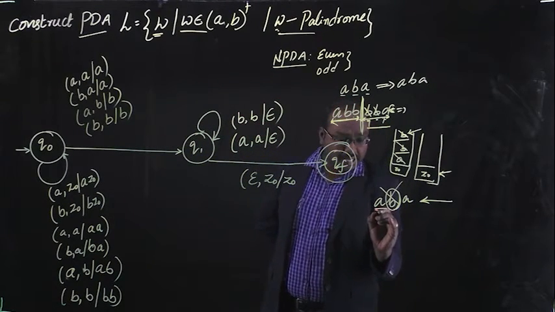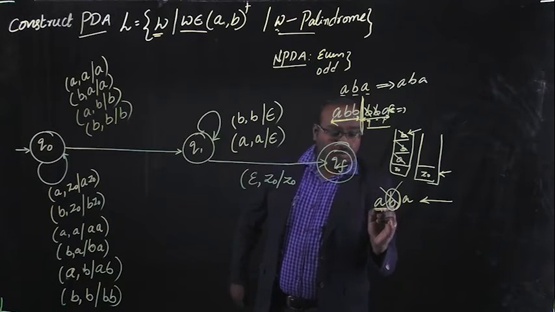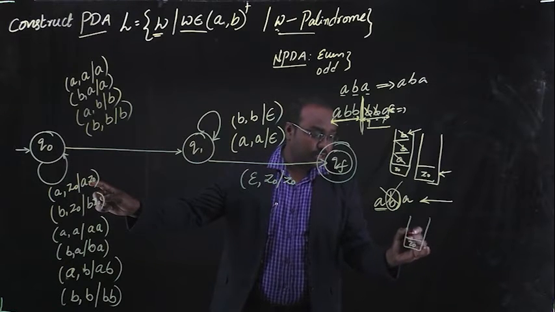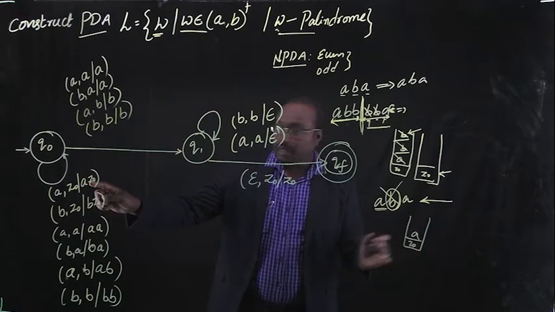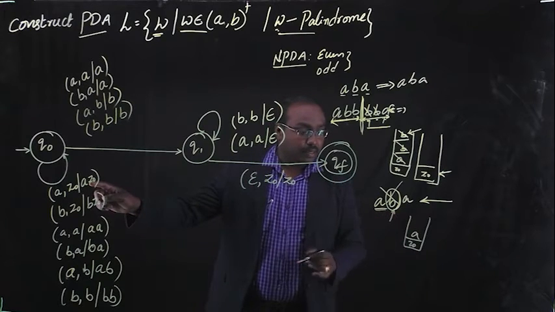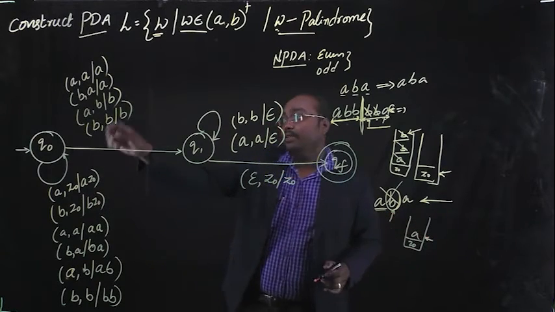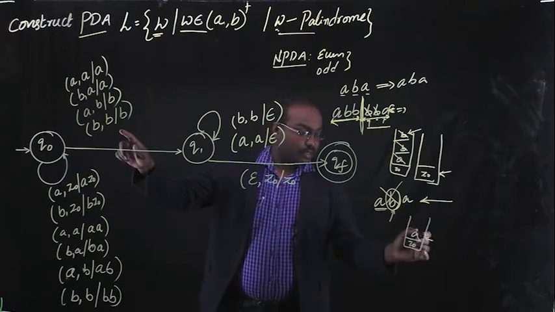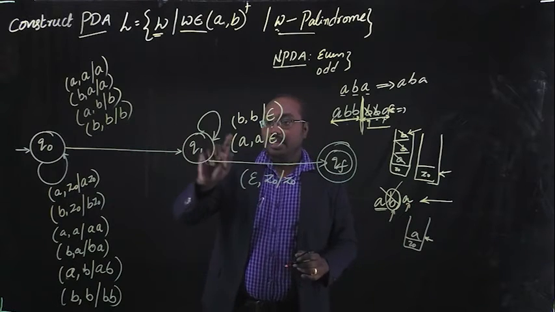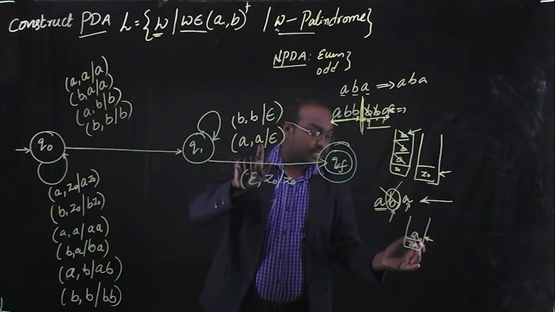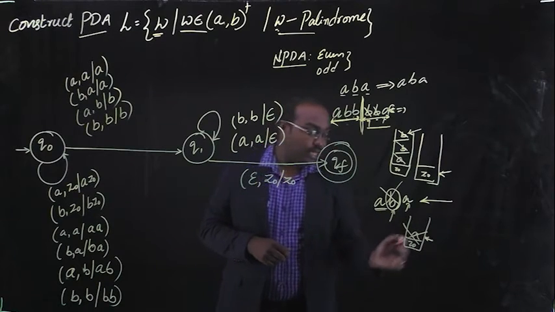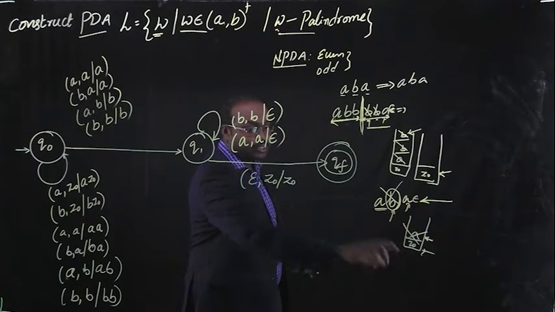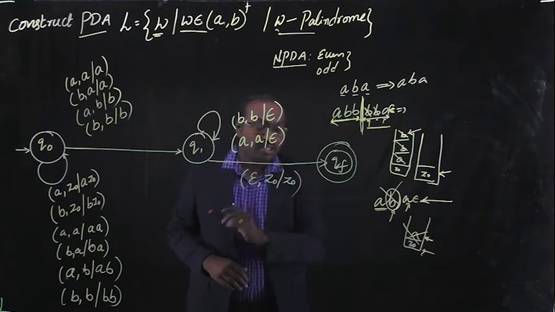Let's see the example. If A is the input symbol, then push that element onto the stack. That means Z0 A. And next, if the input symbol is B and the top of the element is A, then leave that element as it is. Then the next input symbol is A and the top of the element is A, so remove that element from the stack. Now the input symbol is epsilon, the stack's top is Z0, then the given string is accepted.